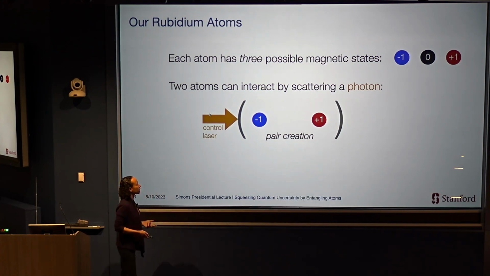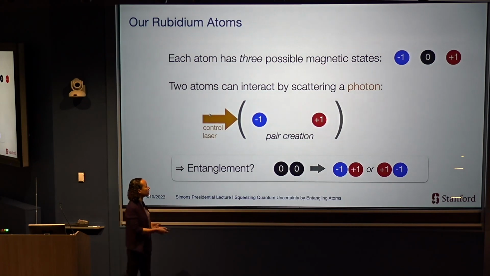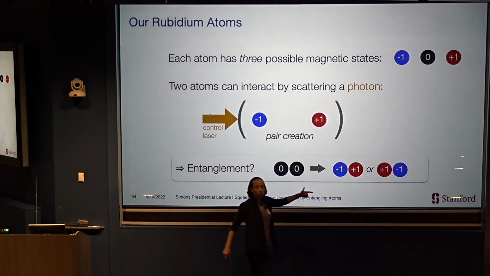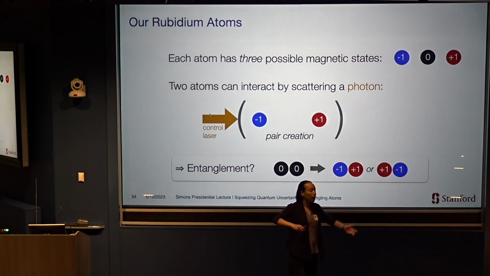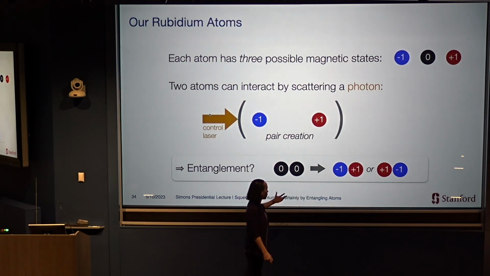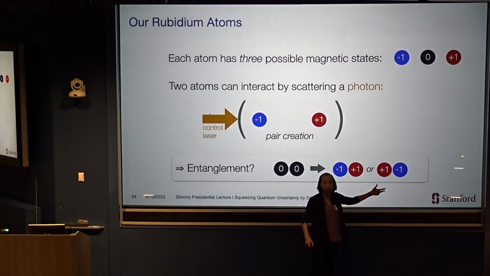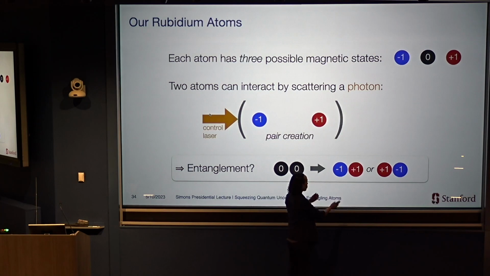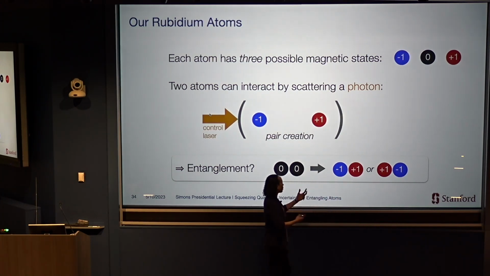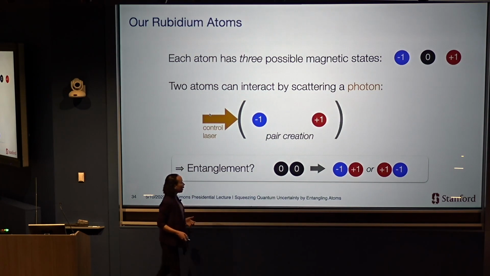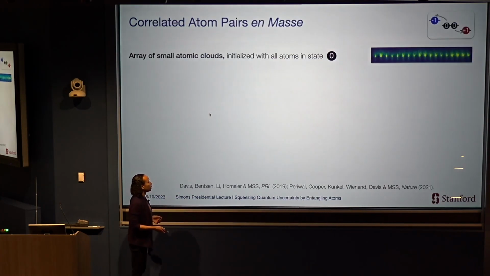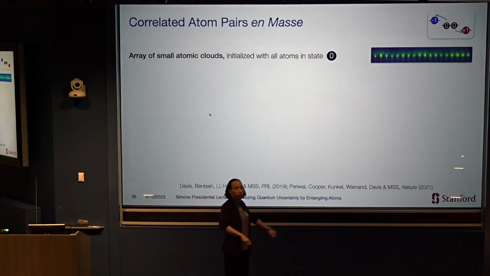Why do I say correlated pairs? There's nothing in this system that should dictate whether the left or the right atom is in the plus or the minus state. And so in general, you would expect this might be a mechanism for generating entanglement, where again I have this sort of correlation: if this one is heads, that one is tails, and vice versa. And to start to see that this might be happening in the system, we can do an experiment where, again, we start with all the atoms.